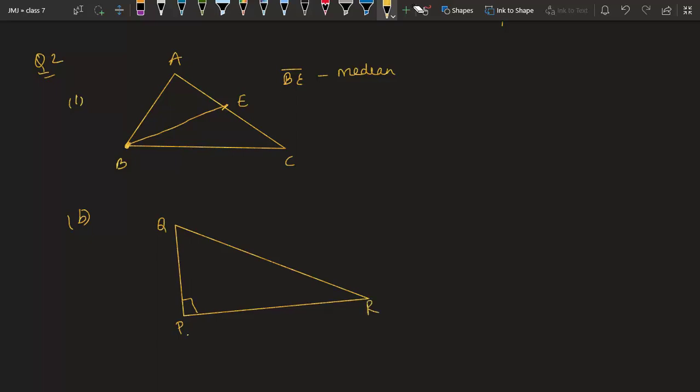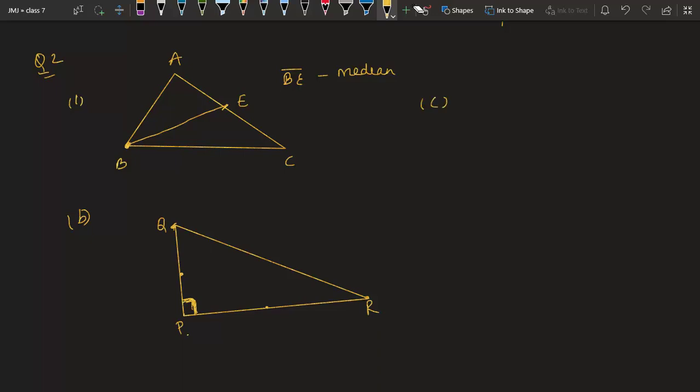So as per the question, we have drawn PQ as altitude. You can see this angle is 90 degree. Also we have drawn PR as 90 degree, that is altitude. So they both are acting as altitudes, because the definition of altitude is they are a perpendicular on opposite side. And you can see from R, this is a perpendicular on PQ, and from Q, this is a perpendicular on PR. Okay, so this is a rough sketch for second case.